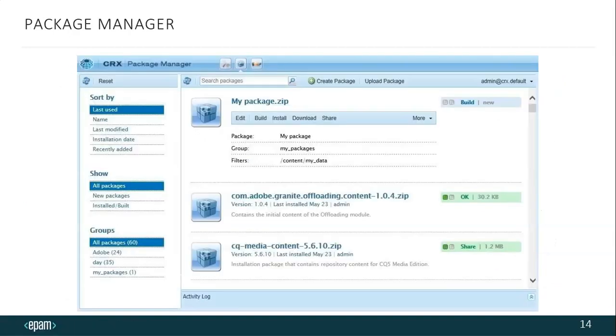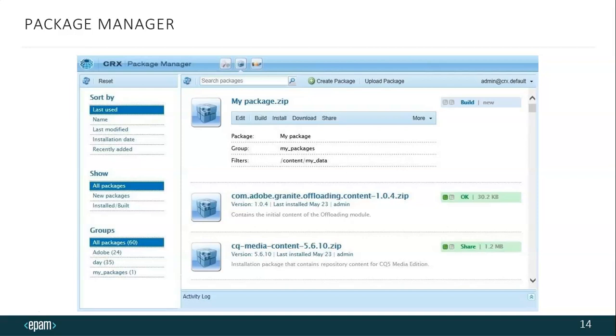Installation of a project is done through a package manager where a package is a zip file holding repository content in the form of a file system serialization. It provides an easy to use representation of files and folders. Packages include both page content and project related content selected using filters. A package also contains vault meta information including the filter definition and involved configuration data.